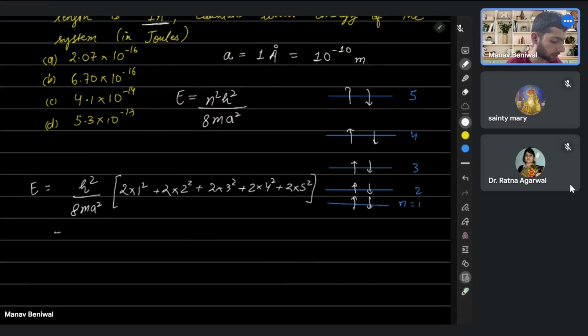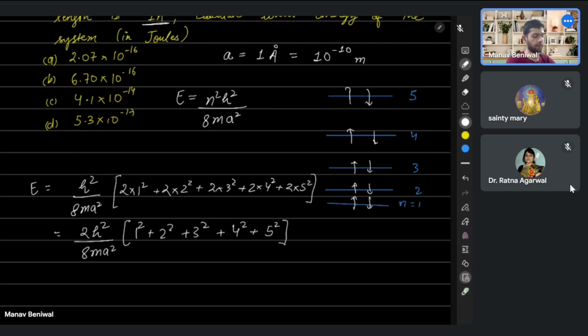Again we can take the factor of 2 outside, and this will be just 1 squared, 2 squared, 3 squared, 4 squared, and 5 squared. So this 2, let's cancel this out, and let's write it as h squared over 4m a squared, and if you add these up you will get 1 plus 4 plus 9 plus 16 plus 25,